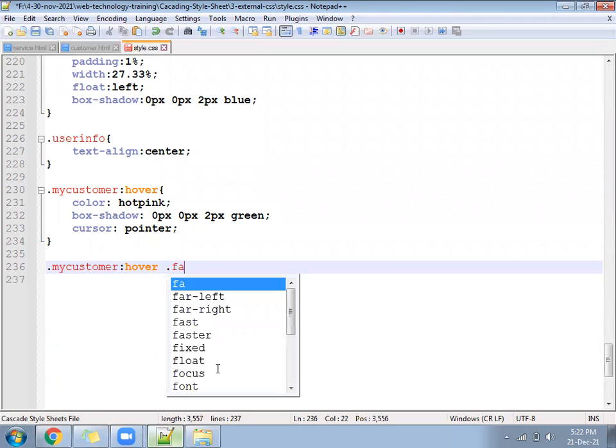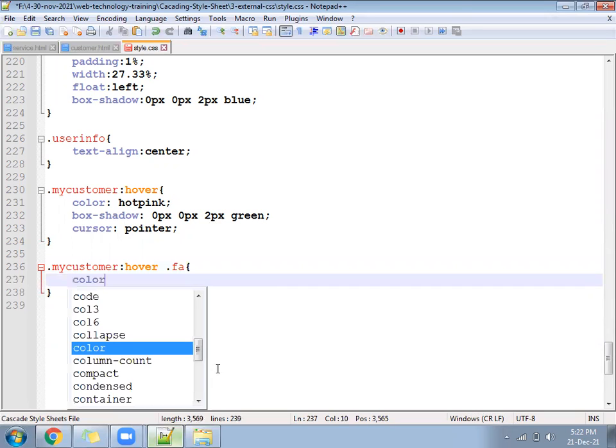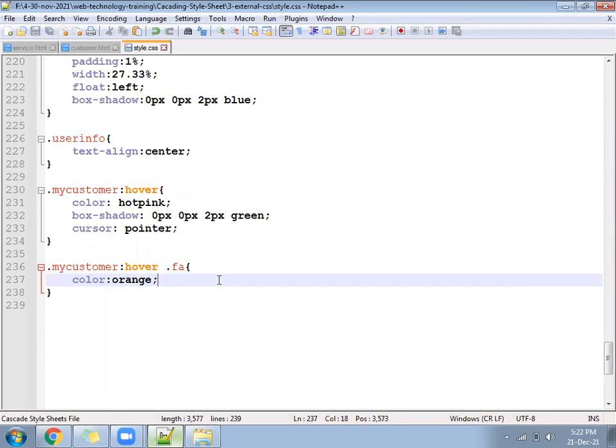And for that FA, the color should change to orange color. This is the requirement. When the cursor moves to my customer, if there is a class called FA under it, its color will change to orange. This is the requirement right now.